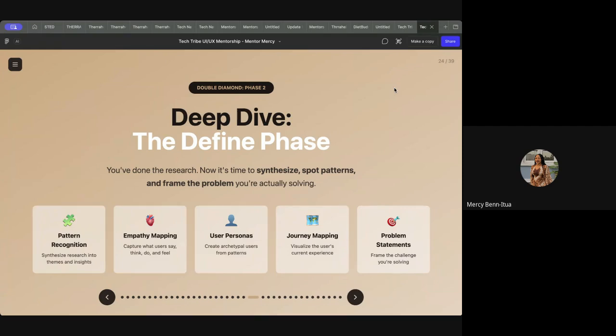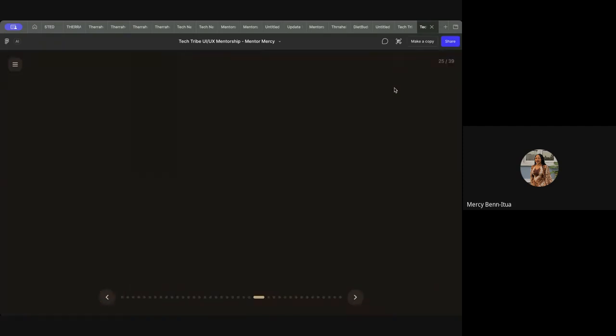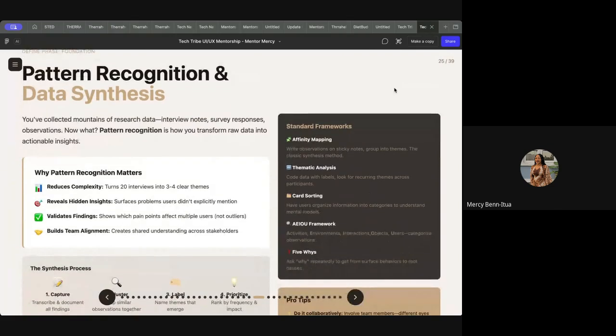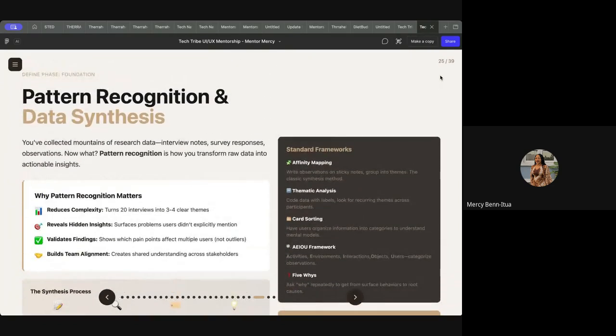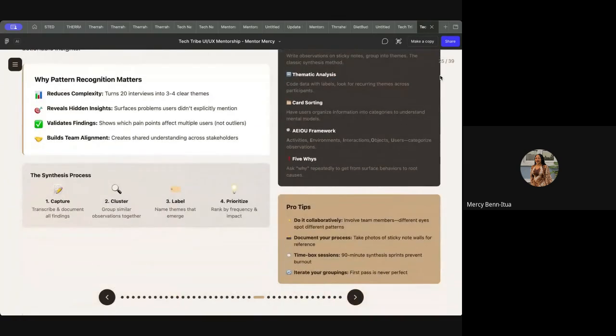second phase, which is define, after doing the first phase. Now, define included pattern recognition, which is what Ethido and John showed us today, where from the interviews that they carried out, they've been able to create clusters, create groups, and see patterns that exist in the data that they collected from people. And basically, we said the process was to capture the data, group them together, create clusters, label them, name them,